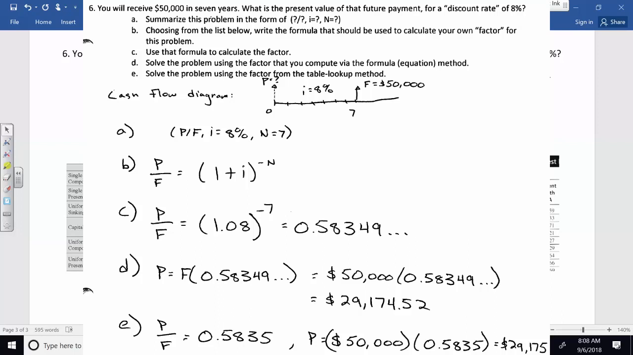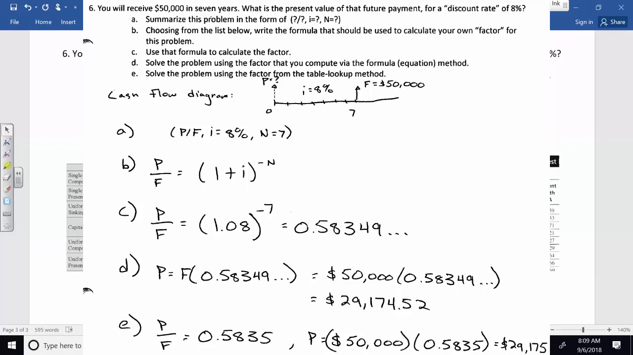Okay, write the formula that you could use to calculate your own factor. All right, and then part C says let's actually use that formula to calculate the factor. So the factor is the right-hand side of the equation. You just substitute in the i that we're working with, substitute the n that we're working with. So what that means is our formula that we're going to use to solve this, P divided by F